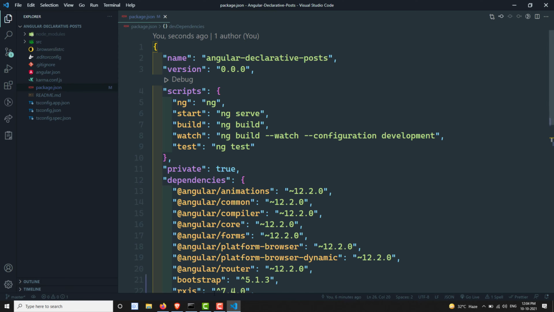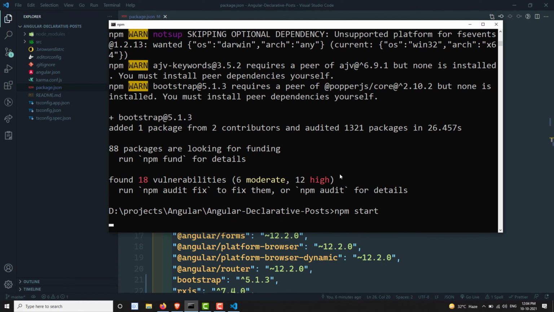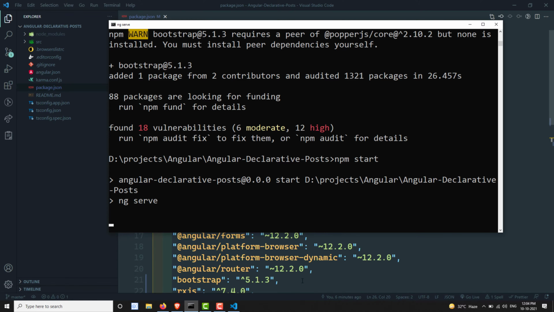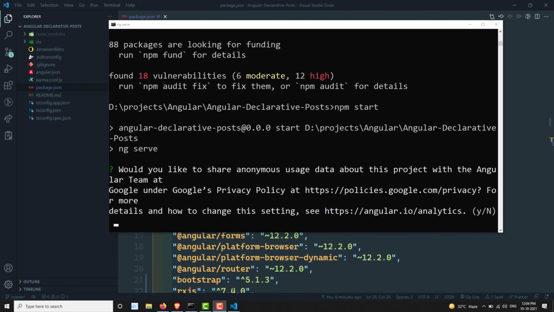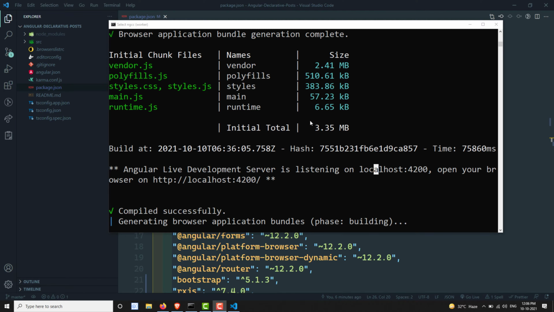Now let's try to run this one with npm start. Now the project bundle has been built successfully.